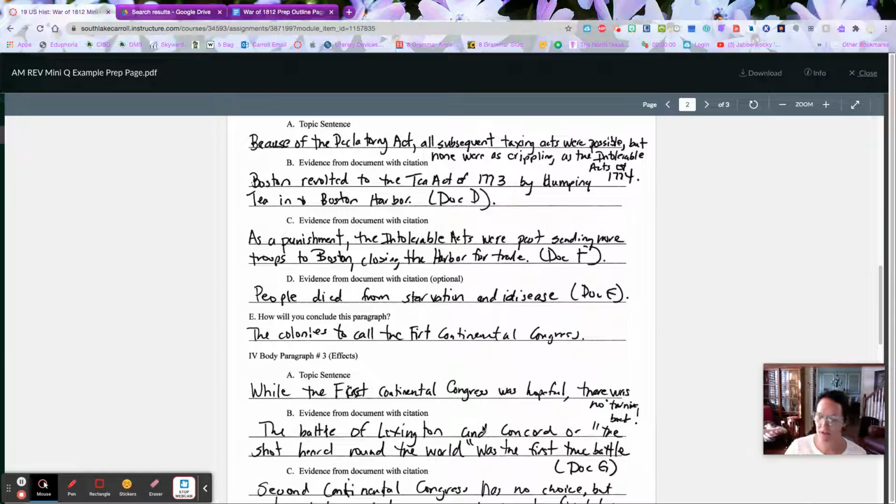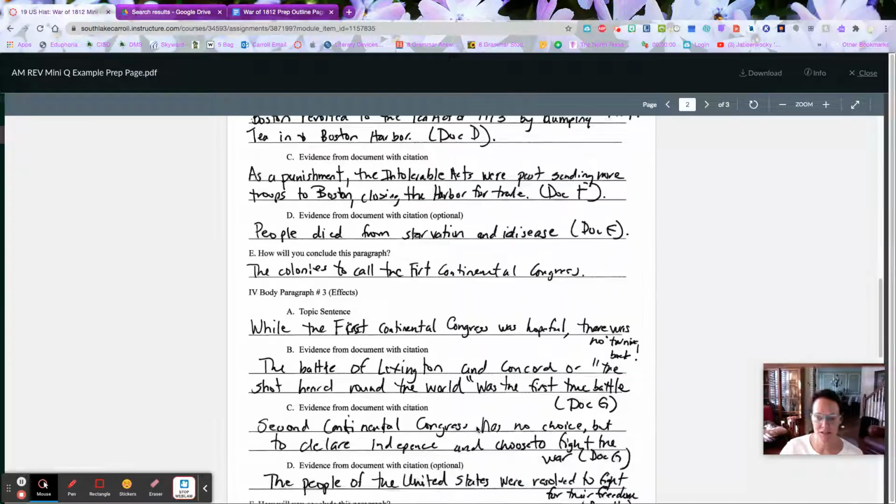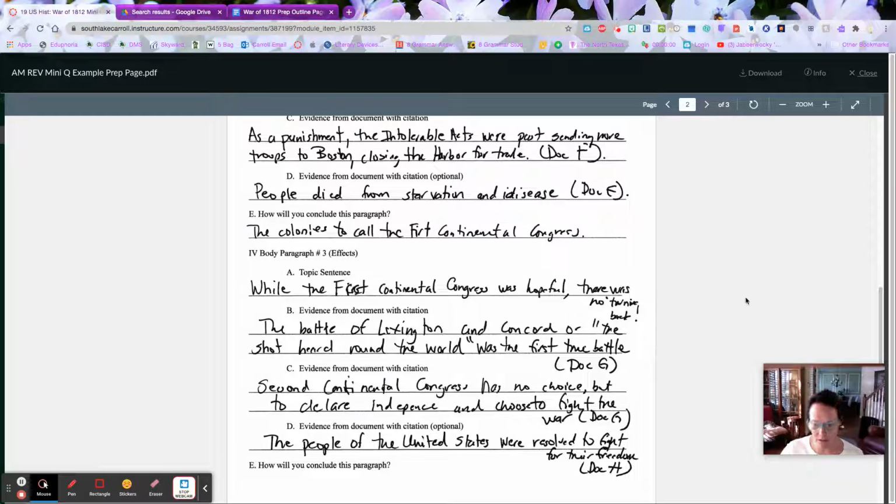The third body paragraph in a causation essay is the effects. So obviously the effects of these two causes is the war, the big effect. So I'm going to topic sentence it again. Then I'm going to have 2 to 3 pieces of evidence, because remember, the lower number is 2, the higher number is 3, just depending on what you decide that you need. I'm putting my documentation, which I'm going to pull through to my essay, and then